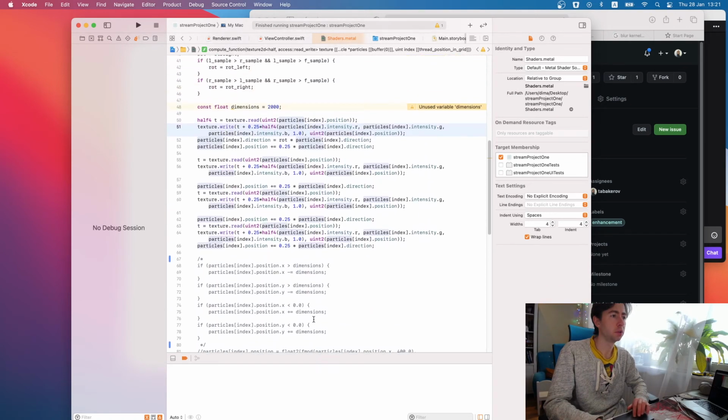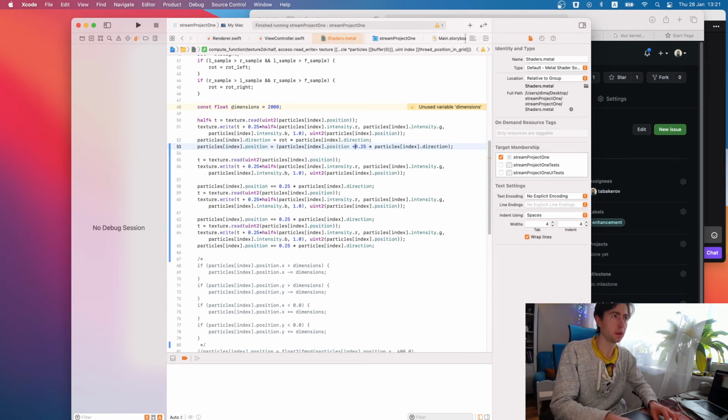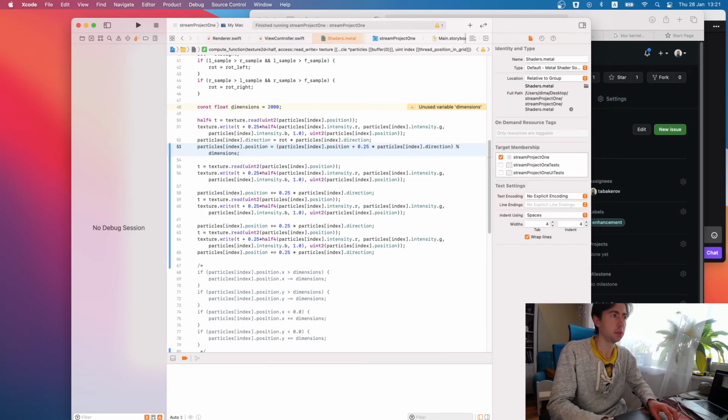And use variable dimensions. Direction, and I need it here. On this, and divide all these things by dimensions.